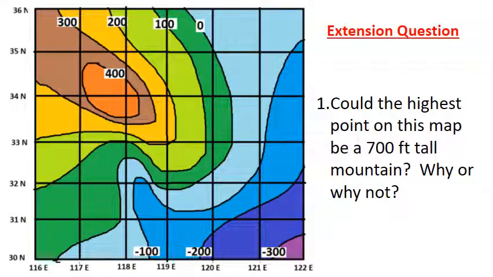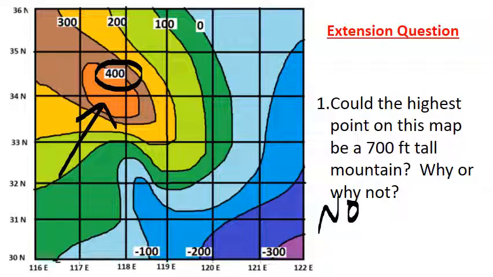So an extension question here. Could the highest point on this map be a 700-foot tall mountain? And explain why or why not. Well, this map tells us how high the land is. And I've got a number here that says 400. So everything in this orange area is higher than 400. The question is, can the highest point in there be the top of a 700-foot mountain? The answer is no,